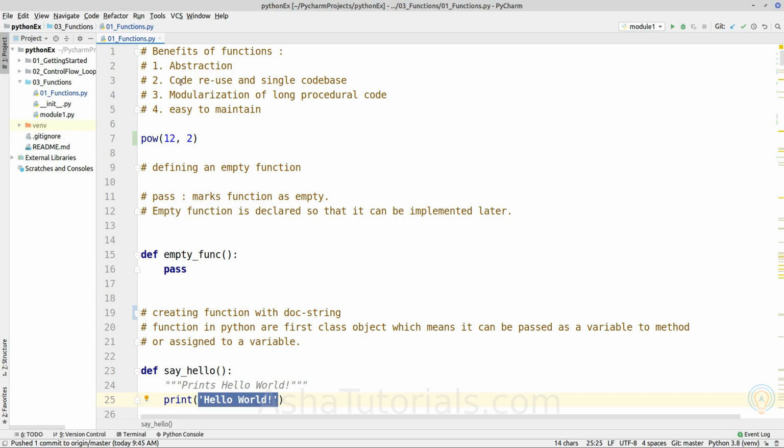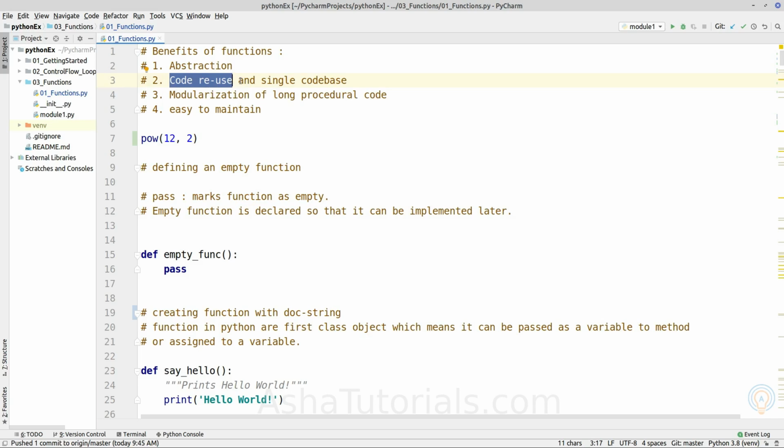Next benefit is code reuse. When we are writing business logic for our project or any general code, we encounter that we are writing some lines of code repetitively in our program.